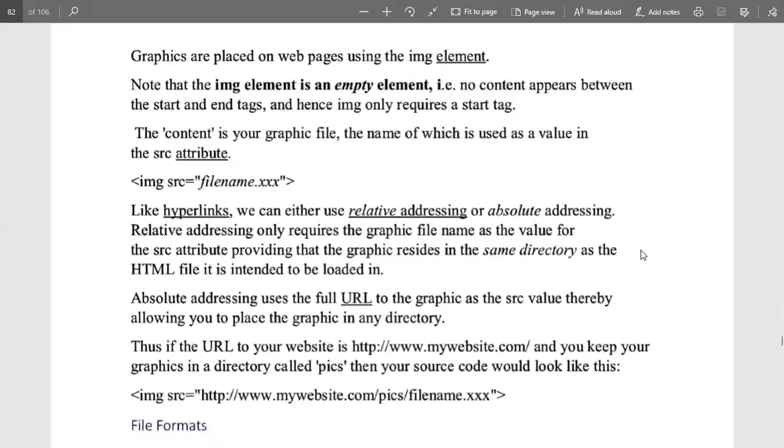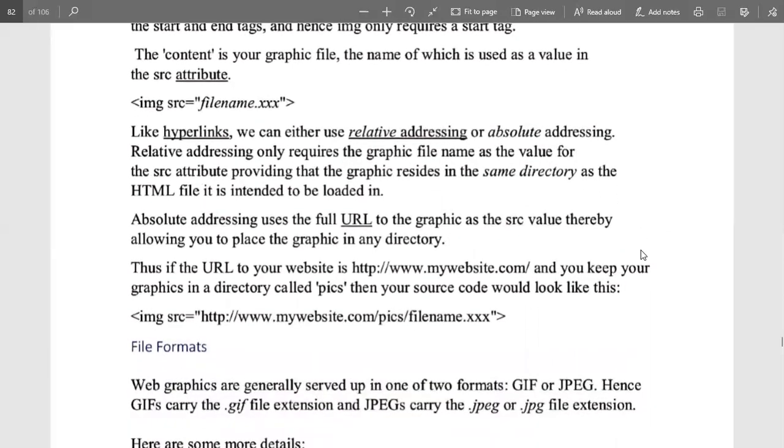That is not necessary in relative addressing. But in absolute addressing, we have to mention the full URL because the file is not placed in the same directory. It is placed in some other directory, so we have to mention from where we have to fetch the data.